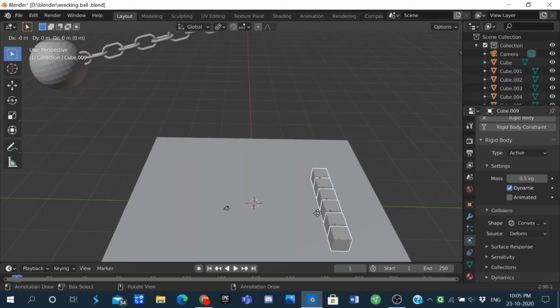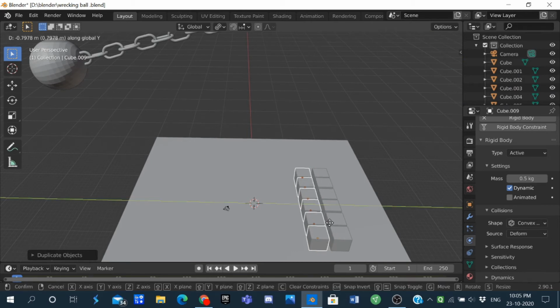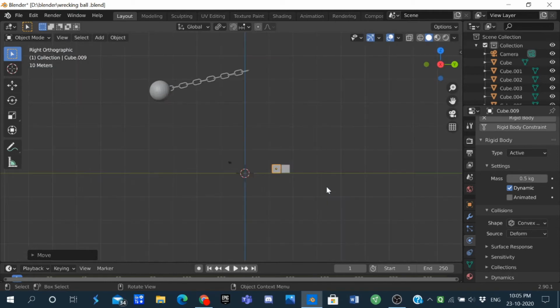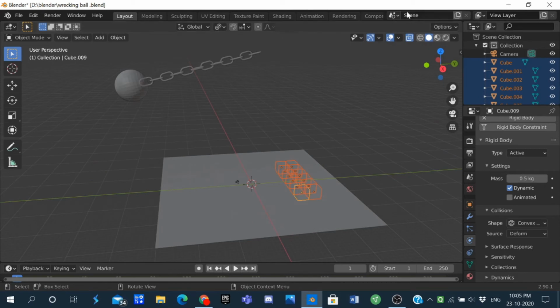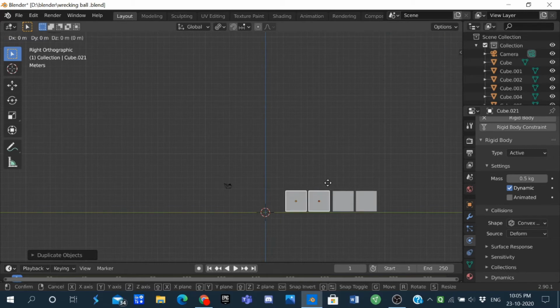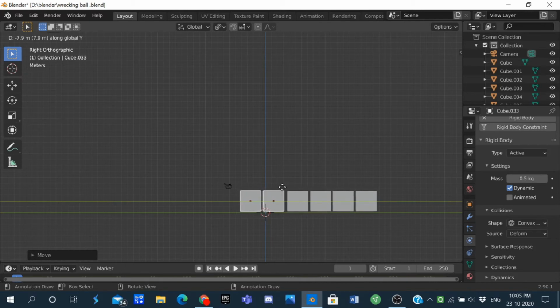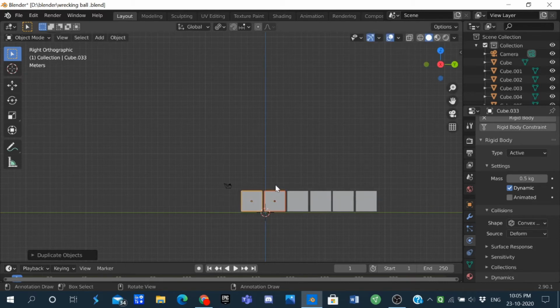Shift D, move it over here, move it over, Shift D, move it over here, and one last time Shift D it and move it over here. Now turn on X-ray mode, Shift D it, all of them, and move it up